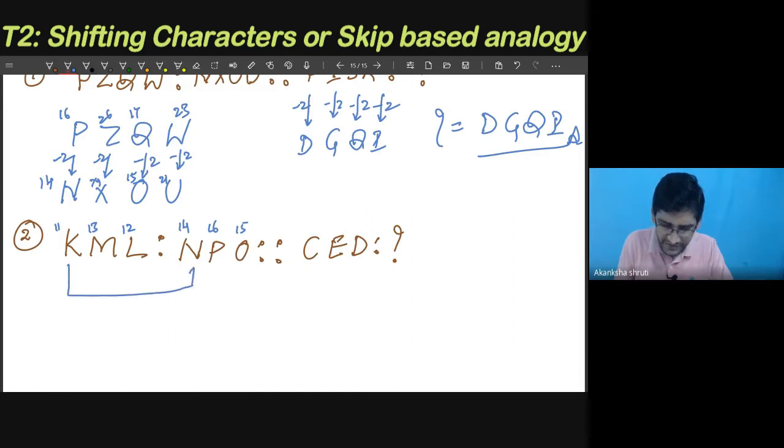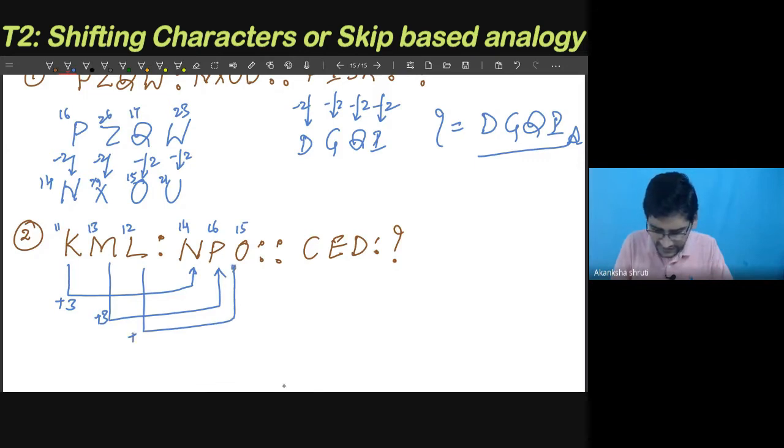Let me just take this straight one from left to left only. So 11 to 14 means it is like our plus 3, increased by 3. How? 11 plus 3 is 14. So I have written the 3 below. M to P, again 13 plus 3 can give us the 16. Then 12 to again 15 we are going. Means again there is plus 3. Means every time there is plus 3 and it is written in the forward. So I shall start with this. See, 3 plus 3 is our 6 and 6 is our F.